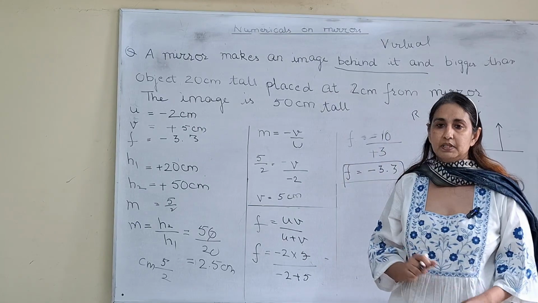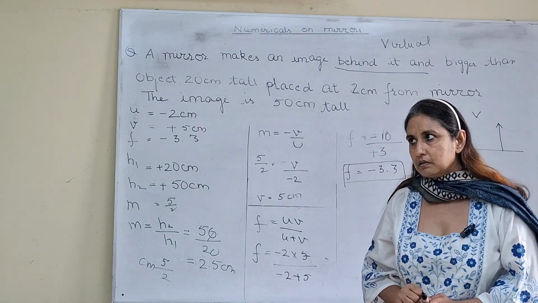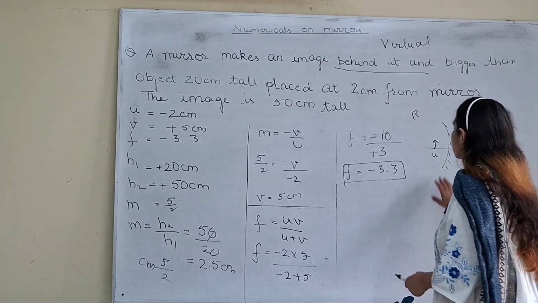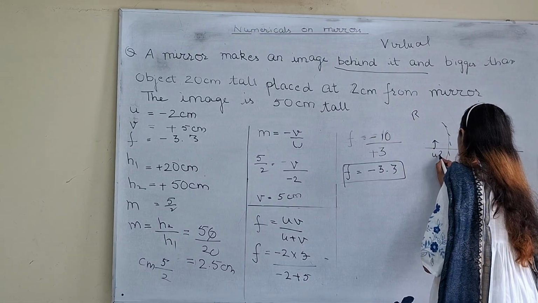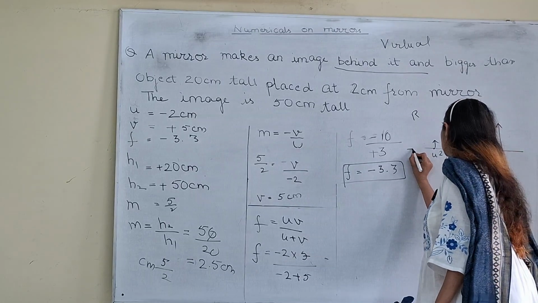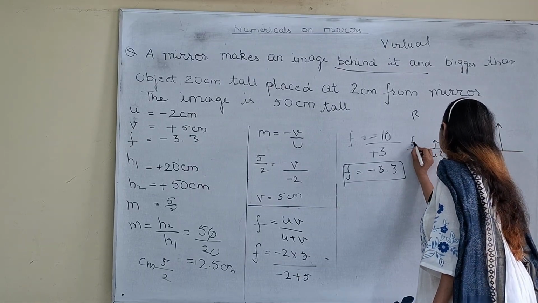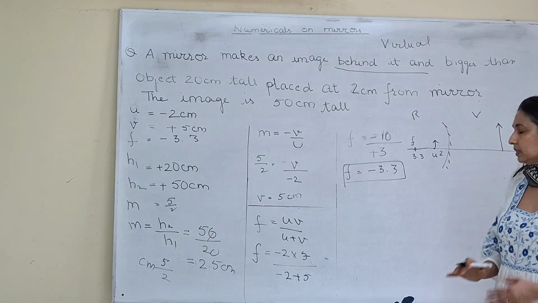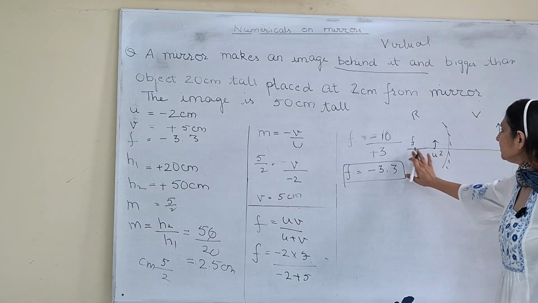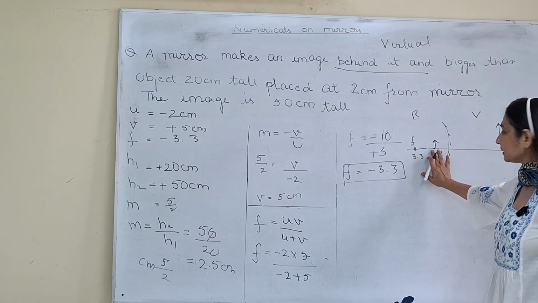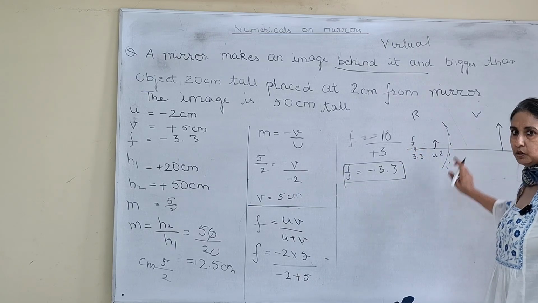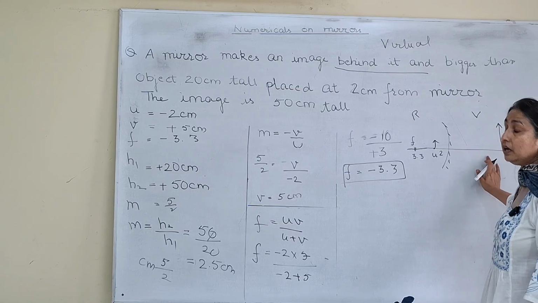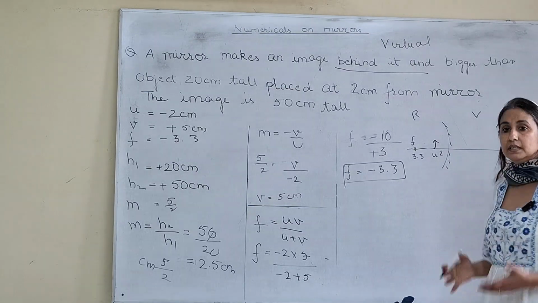सबसे पहले तो एक केस बताते हैं. We have 6 cases in concave mirror. Let's identify which case is that. Okay, so this was 2 centimeter away, and focal length is 3.3, and it is, they said, behind the mirror. So we know a lot of things. Object is between focus and pole. Object here at 2 centimeter is between focus and pole. तो इसमें क्या होता है? इसमें वो enlarged, virtual और बस इस टाइप की इमेज बनाता है.